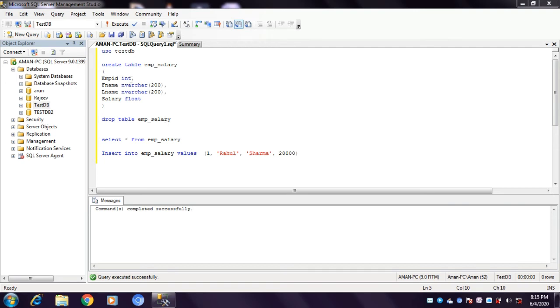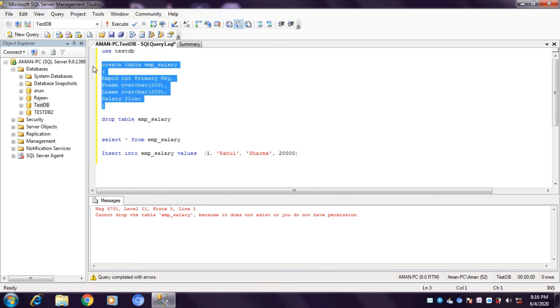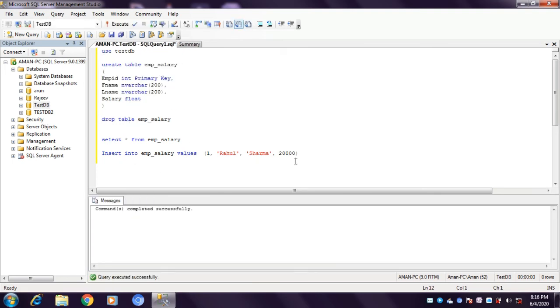There is a constraint called primary key. If we specify primary key in front of the employee ID, which has to be a unique column, an employee cannot have two IDs, and two employees cannot have the same ID. So if I drop the previous table and create it again with employee ID being the primary key, and let me check the data first, it is blank.